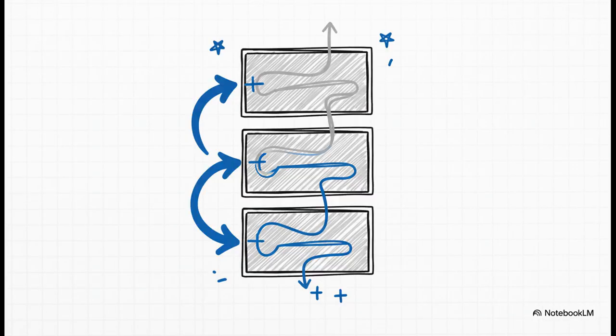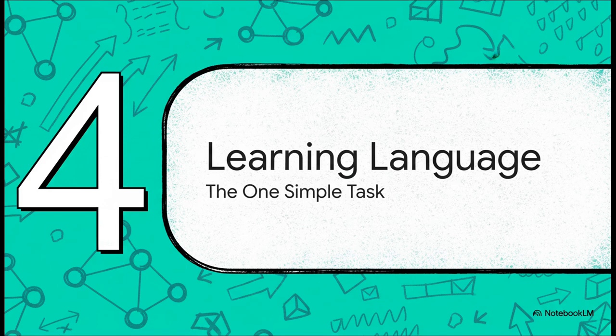A real model stacks dozens and dozens of these blocks. The problem is, as information passes through that many layers, the original signal can get lost, kind of like a game of telephone. The solution is called a residual connection. Think of it as an expressway that lets the input to a block take a shortcut and get added directly to the output. This ensures that original signal never gets lost, allowing the network to become incredibly deep without breaking down.